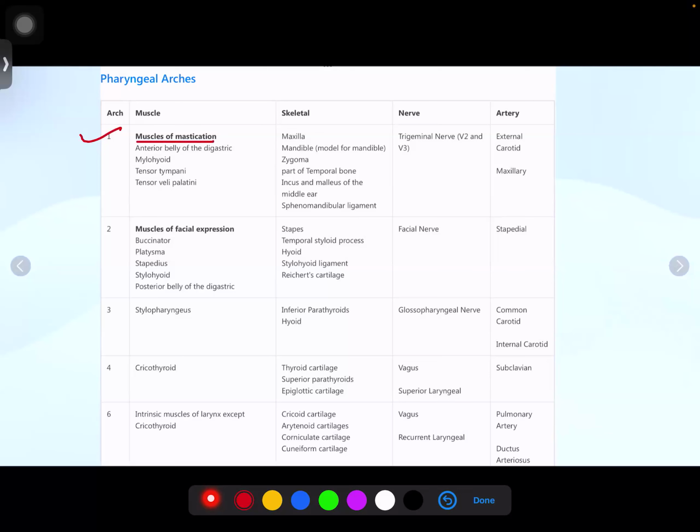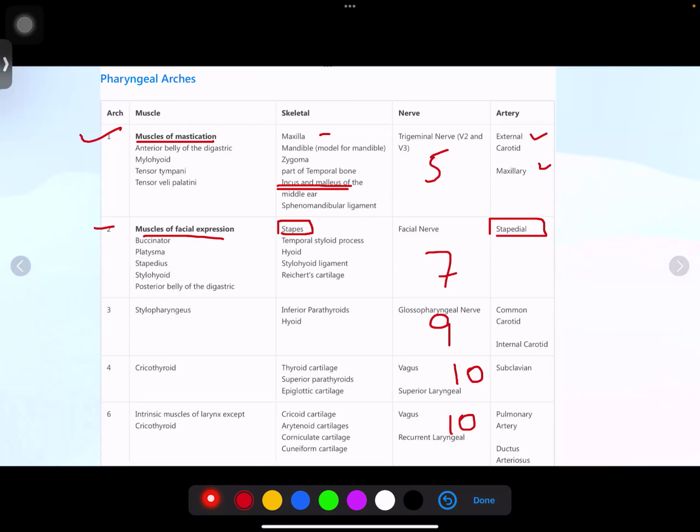फर्स्ट फेरिंजियल आर्च में मसल्स ऑफ मास्टिकेशन आ जाएंगे, तो मैक्सिला, मैंडिबल वाली बोन्स आ जाती हैं। और सेकंड में मसल्स ऑफ फेशियल एक्सप्रेशन आ जाते हैं। और अब नर्व्स का इजी वे था रिमेम्बर करने का, फर्स्ट के साथ फिफ्थ नर्व है, फिर सेवन है, फिर नाइन है, और फिर दोनों के साथ टेन है। ठीक है? और इसमें एक चीज डिफरेंट थी कि फर्स्ट फेरिंजियल आर्च में इनकस और मेलियस आ रही हैं, दो बोन्स मिडल ईयर की, और स्टेपीज सेकंड में आ रही है, और इसलिए आर्टरी भी स्टेपिडियल सेकंड में आ रही है।